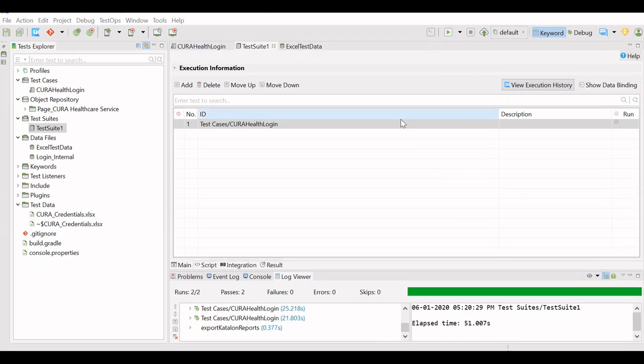To summarize, we followed the steps to create test case. Then we created the test data folder in project, create Excel file of test data, create variables in test case, add test data in data files of project, add test case to test suite, click show data binding and add test data, and finally we did changes in the test step and added the variables to the step, and we executed the test suite for iterative test data execution.